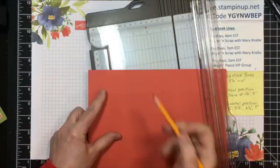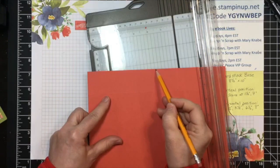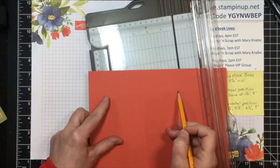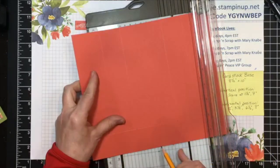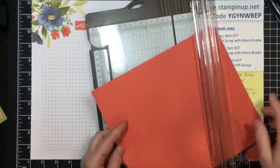And now what I'm going to do is make score lines from that 5-inch little mark to this corner, and from the 5-inch mark to this corner. And then I'll do the same thing here. So this is how I put it in my